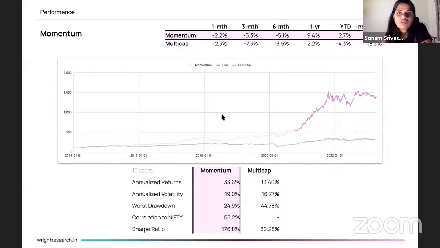This philosophy has a lot of edge. The number of factors that we're looking at, the number of indicators we're looking at, provide an edge, and that has outperformed the market in the last 2.5 years. Plus, if you look at the historical performance based on the same philosophy, you can see there's a huge edge over the market based on the previous 10 years of data.